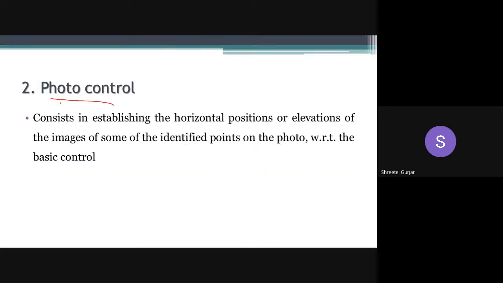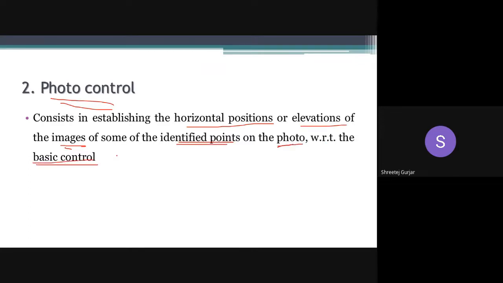Photo control. So photo control consists in establishing the horizontal position or elevation of the images of some of the identified points on the photo with respect to the basic control.